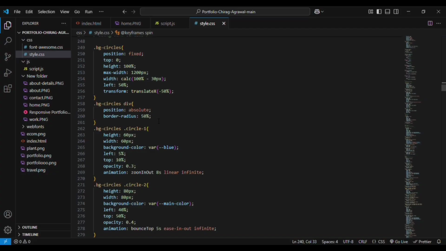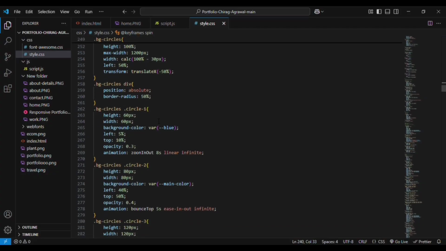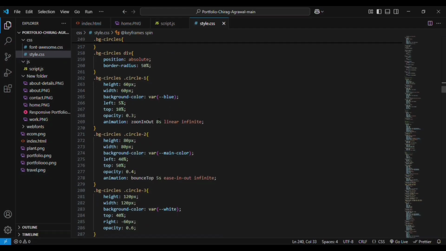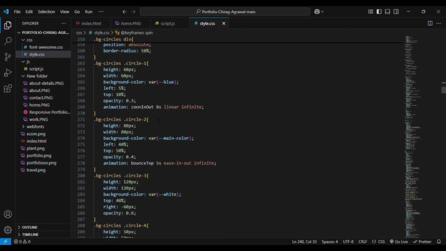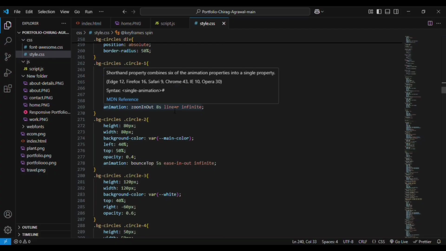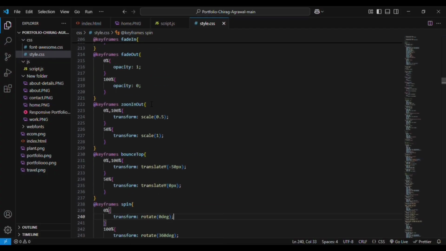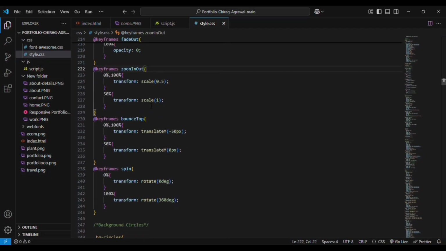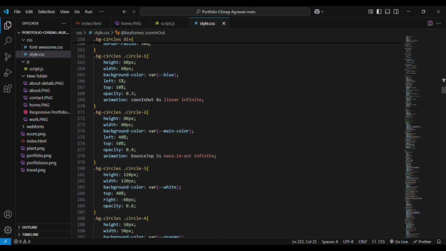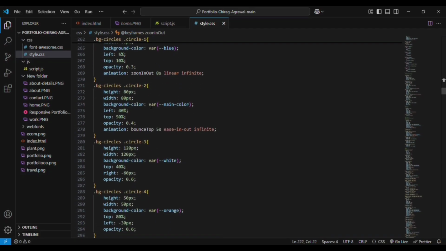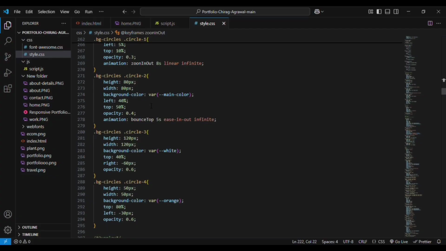For circle 1 we are giving height equal to 60, width equal to 60, background color is blue, and it is positioned exactly at left side 5%, top side 10%, opacity is 0.3, and you can see the animation is zoom in out. It is infinite, and you can see zoom in out is the keyframe that we have created here. This is the zoom in out keyframe, that is transform scale 0.5 to 1. Then we have circle 2, then circle 3 and circle 4. For each one we are adding a different type of animation. And then